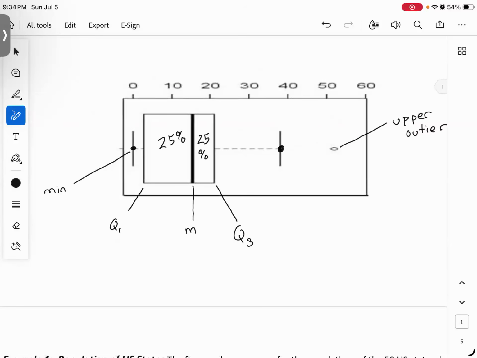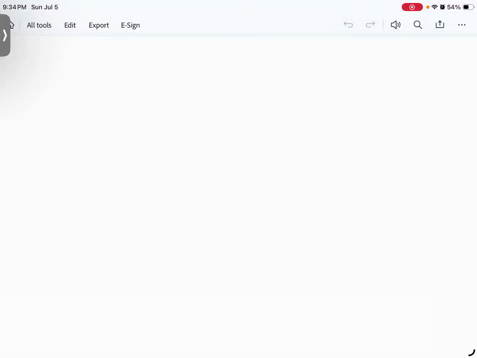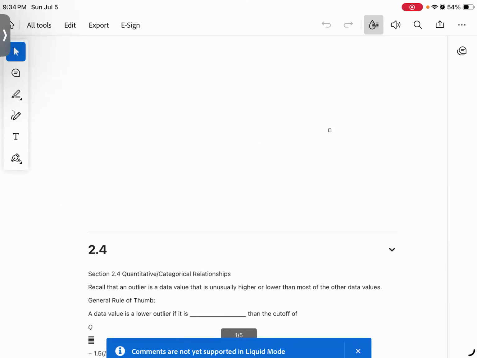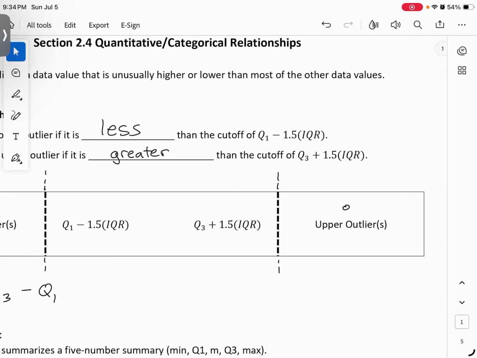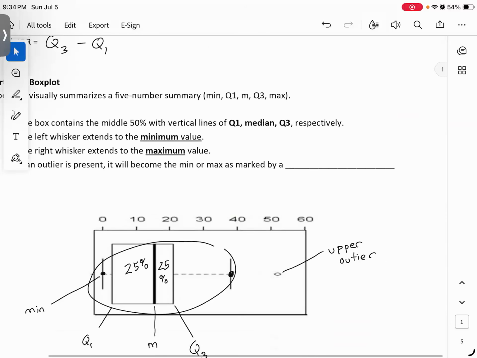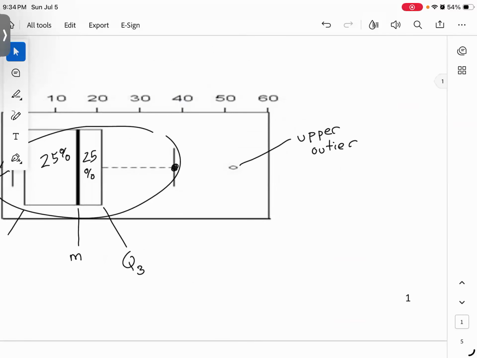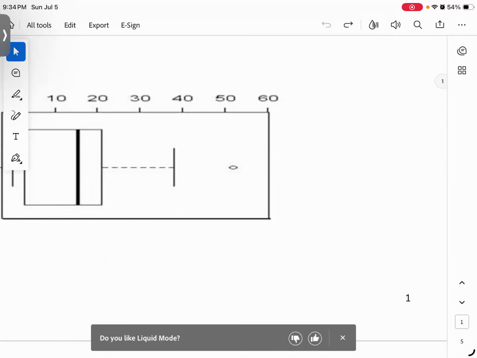Like most of the values were between like 0 and 40. But then for some reason, there was this other unusual value. I don't know what I just did there. Somehow I just got rid of my whole screen. Ah, there it is, coming back. There it is. Yeah, that right there is some value that seems unusually distant from the rest of the